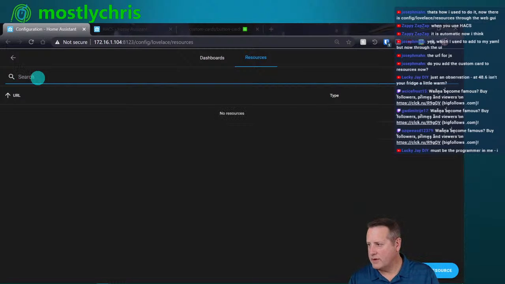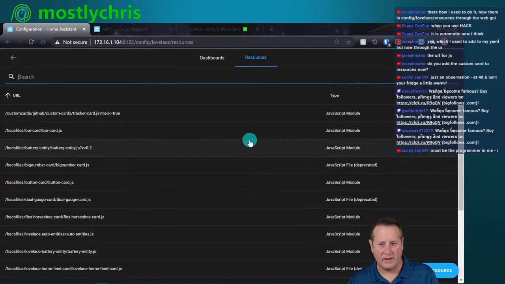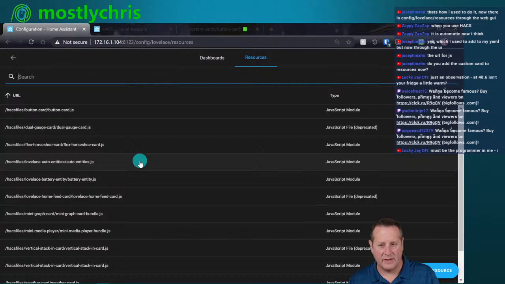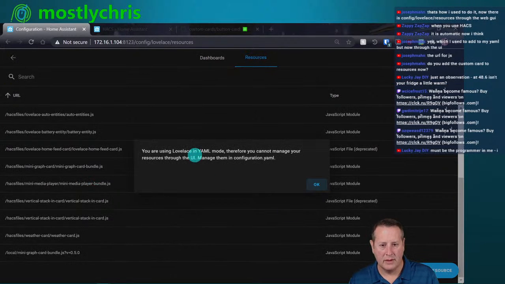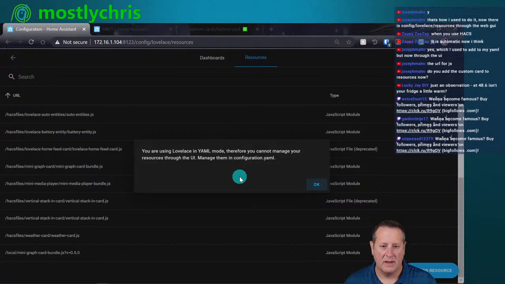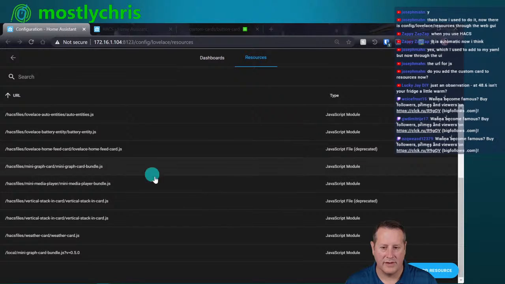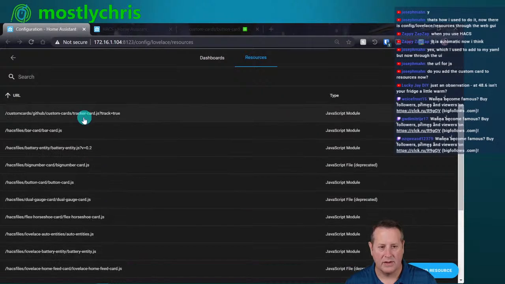Okay, so y'all correct me here because that's a good call out. These are all things that are in my resources file now. Oh, right here. Duh. Okay, there you go. I am using Loveless in YAML mode. Therefore, I cannot manage my resources through the UI. So I have to specify them in there directly. And then when I refresh or restart Home Assistant, that Roku thing I stuck in there is going to show up here. So this is a way you can verify whether or not, if you're doing YAML mode,